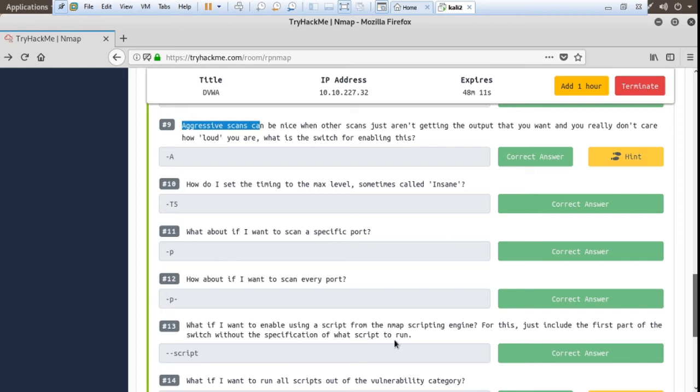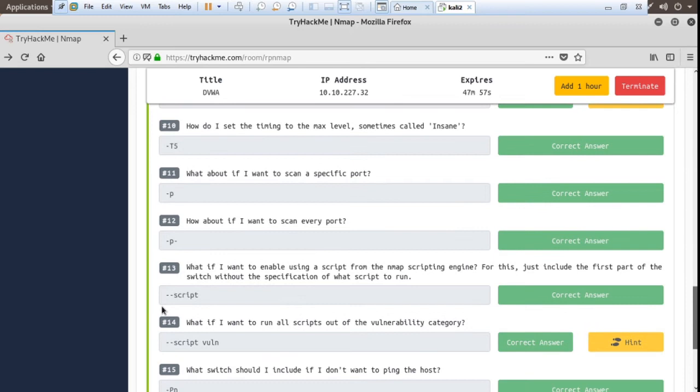So when you are using a script, like a service scan or version scan, you use --script. And we move to the next question: what if I want to run scripts out of the vulnerability category? So here the vulnerability category is specified, so you use --script vuln. All vulnerability category scripts come.